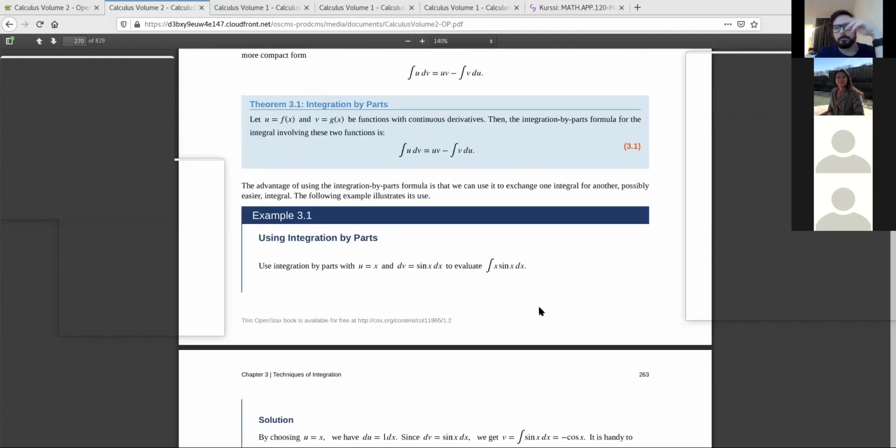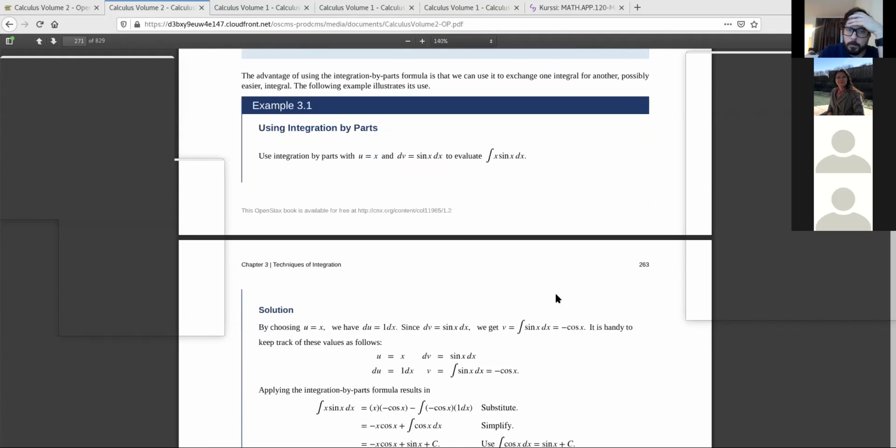So here's an example. We have x times the sine of x dx, and we need to find the integral of that. So we have x, fairly easy. We have sine of x, again fairly easy, but their product is a bit harder. So let's call x equal u. So we have u, that's a function of x. Well, it's the identity function, the trivial function of x,